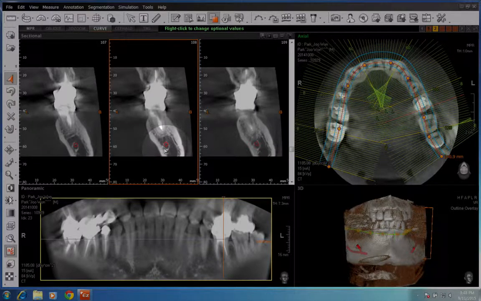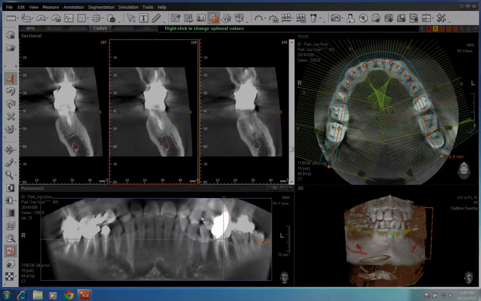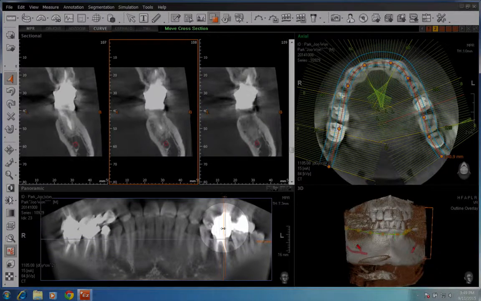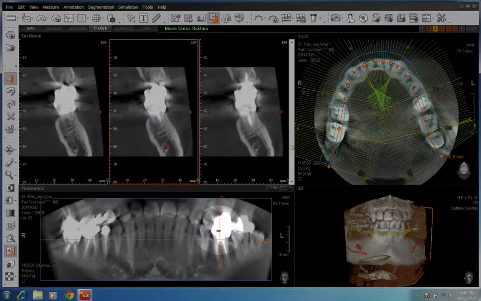So when you try to trace out the inferior alveolar nerve or map out the nerve, you want to trace it out in the superior aspect of the canal, and that will factor in a level of safety. So what you do when you want to figure out the dimensions of the actual alveolar ridge is, let's assume we're placing tooth number 3-6. So you want to take the line and center it along tooth number 3-6,